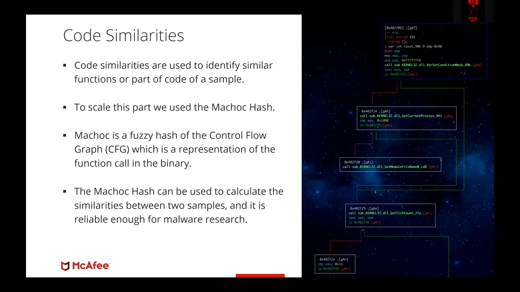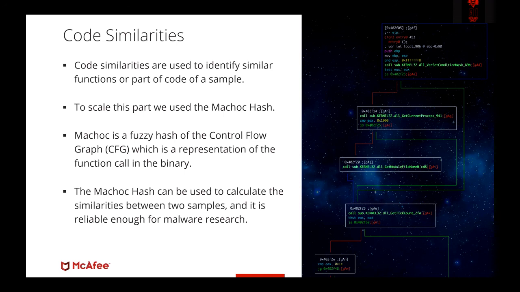Basically, the matchlock hash is a concept from the French cybersecurity agency, where they're creating a hash based on the control flow graph. The code will extract the CFG of the samples and calculate a hash related to that control flow. This is very interesting because we can extract that hash for a whole sample, or for some part of the code for specific samples, just to identify, for example, some functionalities. We use that technique and clusterize the samples to identify similarity between them.